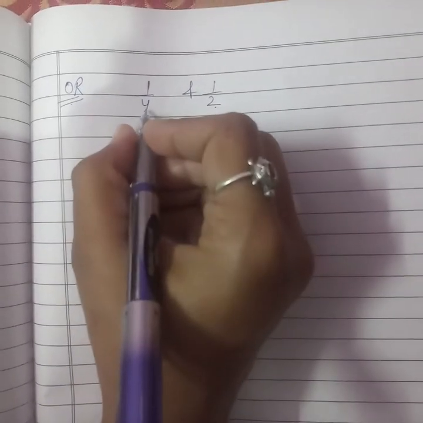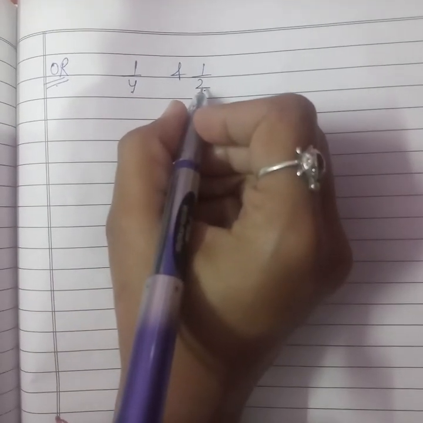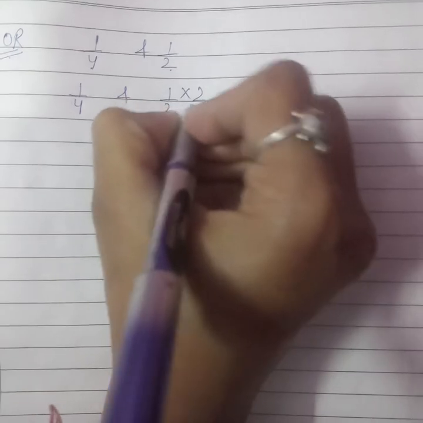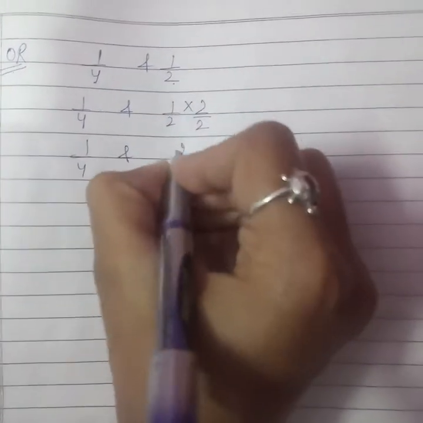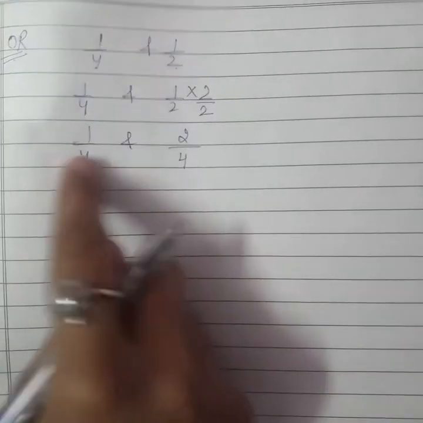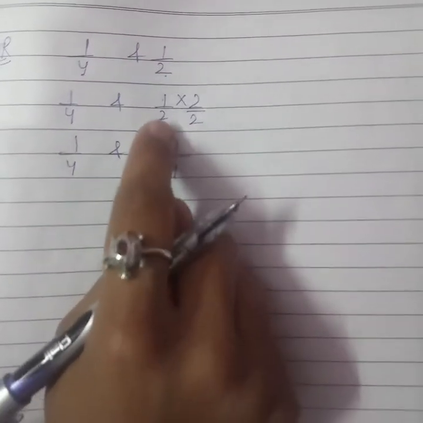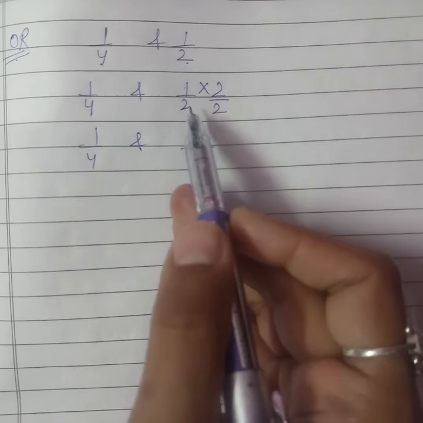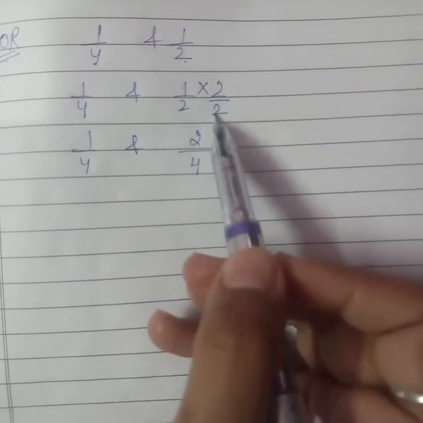Here the number is 4 and we check which number should be multiplied with 2 so that it is equal to 4. Now 1 by 4, and we can multiply it with 2 and divide it by 2, which is equal to 2 by 4. 2 ones are 2, 2 twos are 4. Now again the denominator becomes the same. You can multiply it with any number that makes the denominator the same. But here you have to remember that the number should be multiplied so that the denominator becomes the same.